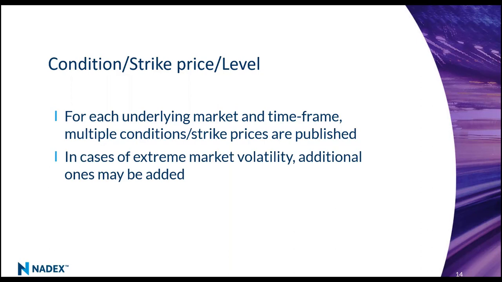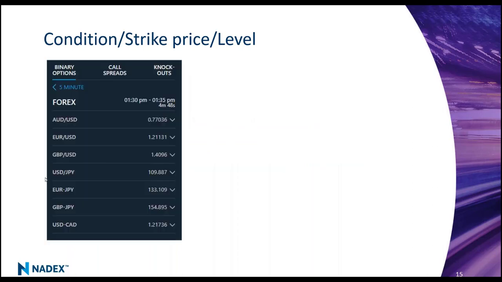So you can choose: I want to trade out of the money ones, or I want to trade in the money ones. You might even have a strategy that mixes some of these. You can absolutely do that, and people do build strategies around that. Now, in our 5-minute binary option, I'm just going to show you from our platform. Now, this is 5 minutes. You can see that there's 5 minutes to go. We have multiple currency pairs: Aussie US dollar, Euro US dollar, Euro yen, Japanese yen.